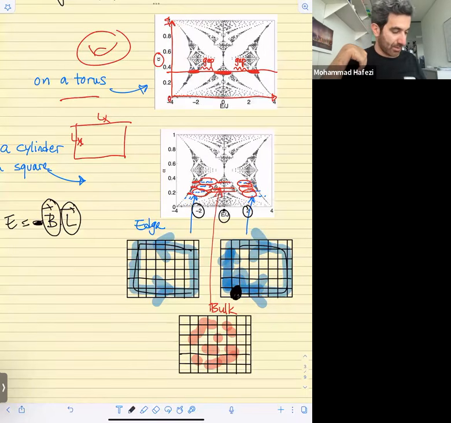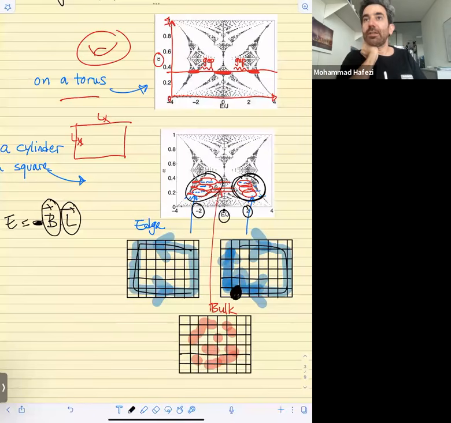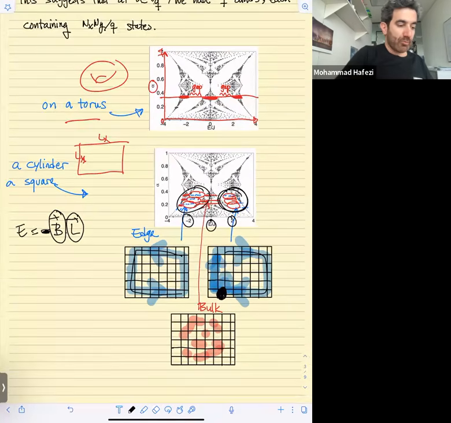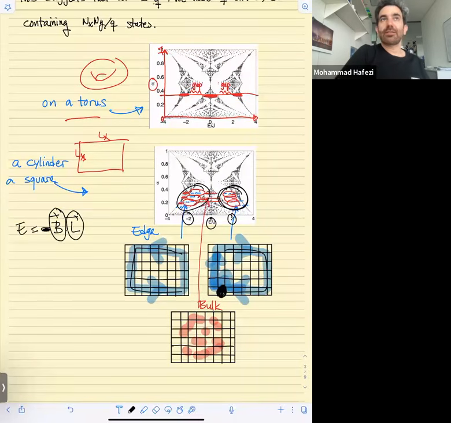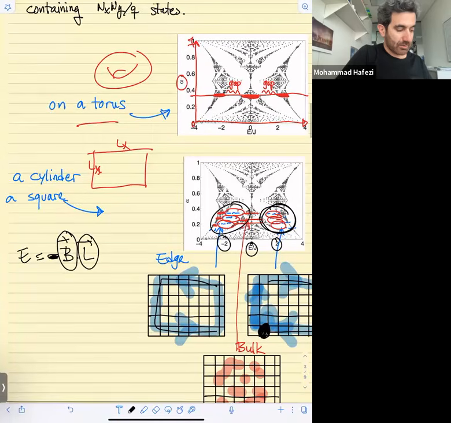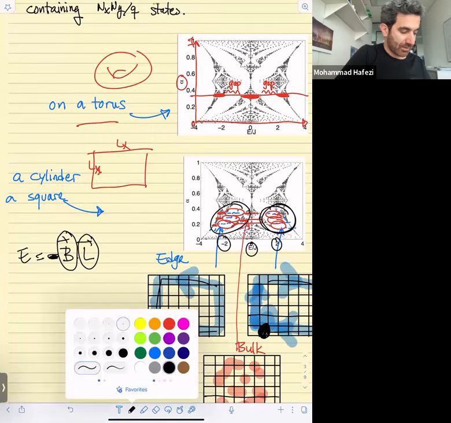So the basic physics here was that the edge states over here and the edge states over here have opposite energies. So far so good. Now one can build more intuition in this square lattice system, and this is using this magnetic